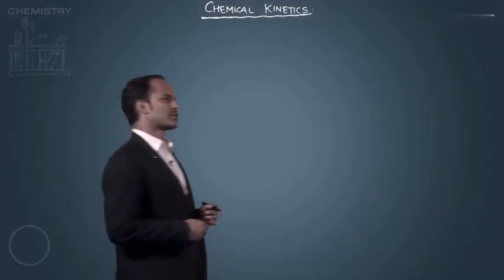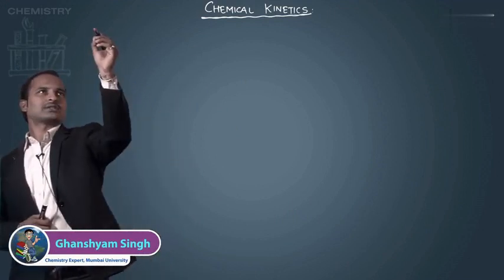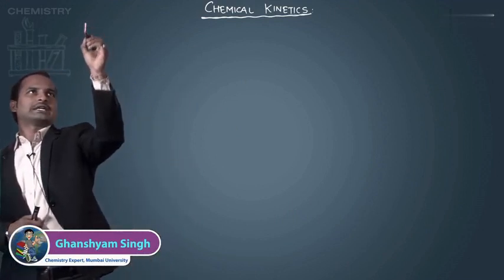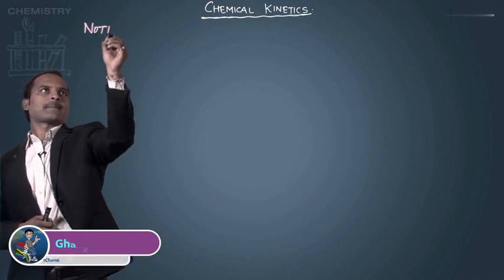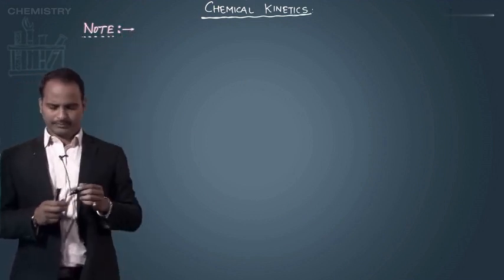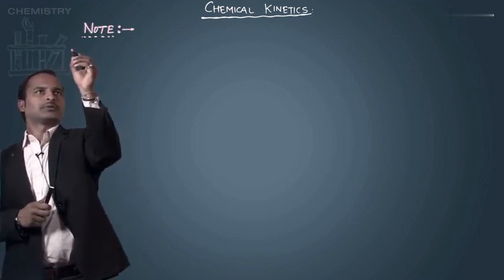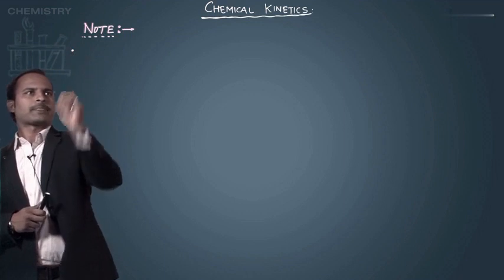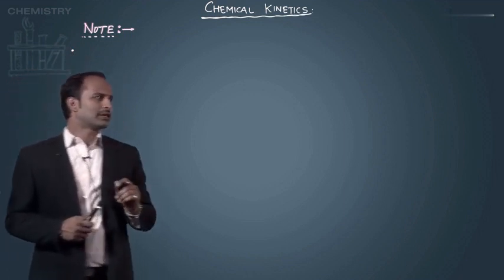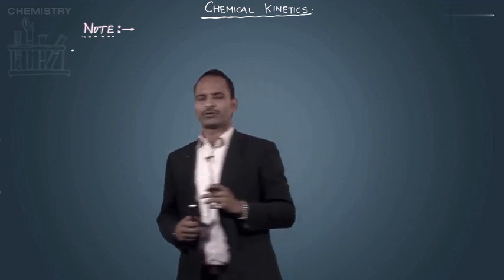Okay, related to the first order, zero order, or some other order of the reaction. Let's see some points which are needed. Point number 1. For calculating the half-life period, suppose some amount of reactant is given,